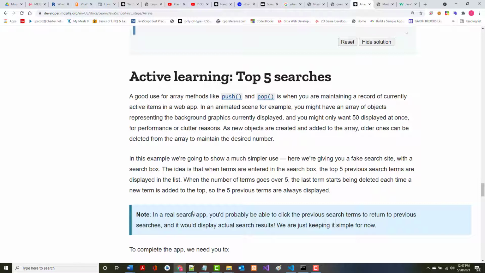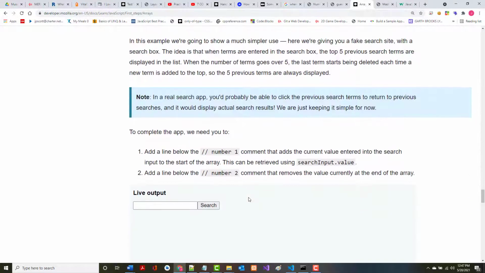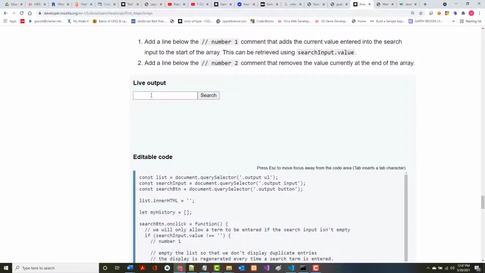So here we're giving you a fake search site with a search box. The idea is when terms are entered into the search box, the top 5 previous are displayed in the list. When the number goes over 5, the last one is deleted each time the new term is added at the top. So as we go through this, when you look here, item 1,